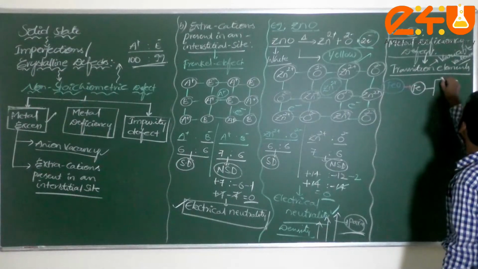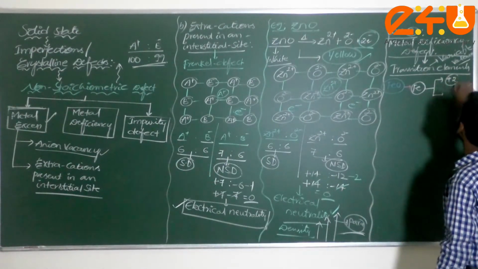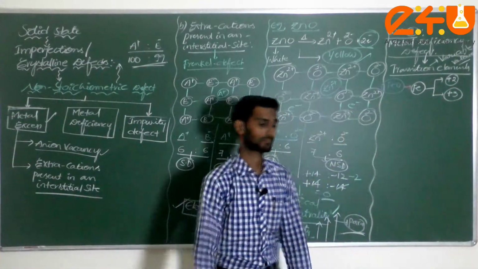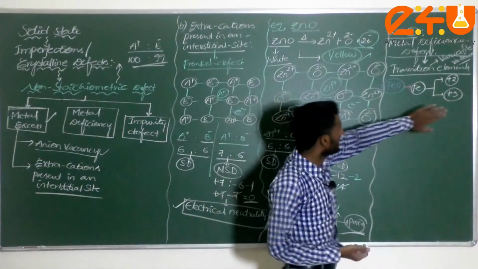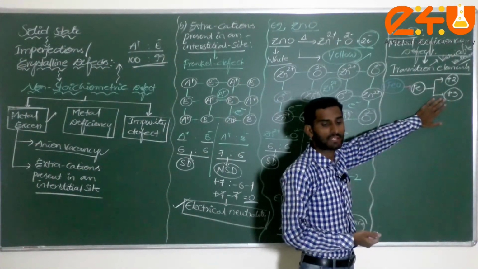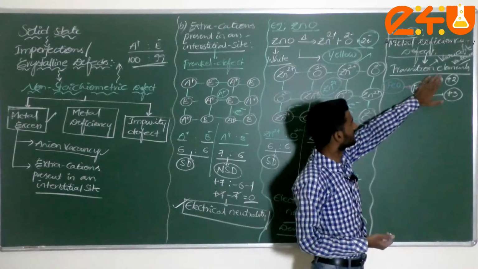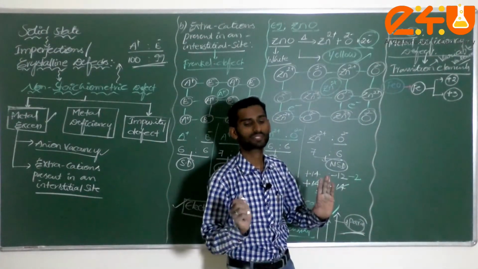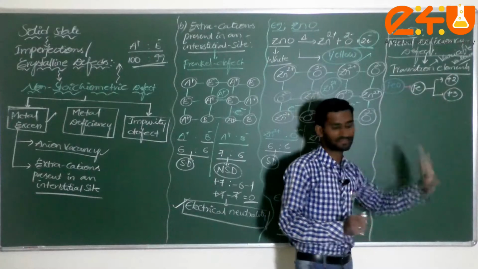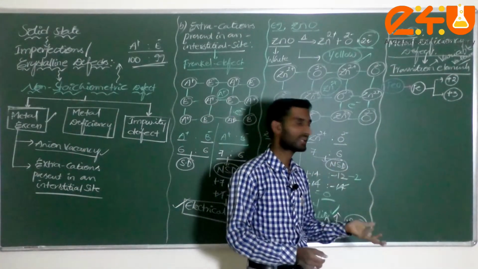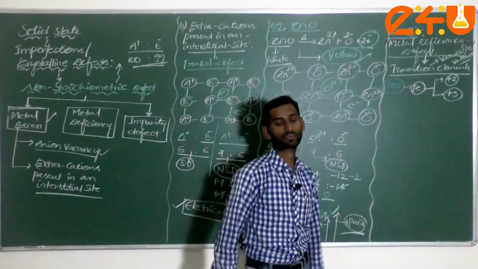Iron can have two types of valences, dear student: one is +2, second one is +3. Higher valency elements can displace lower valency elements. Simply you have to check it: Fe3 plus displaces Fe2 plus ions in the crystalline lattice, and to maintain electrical neutrality, that defect is called